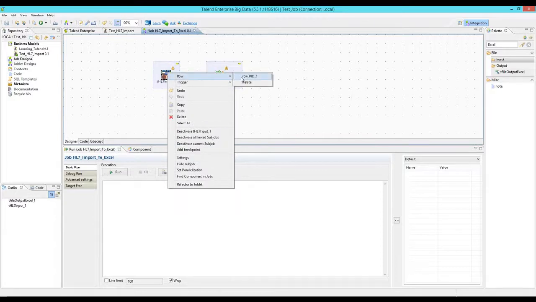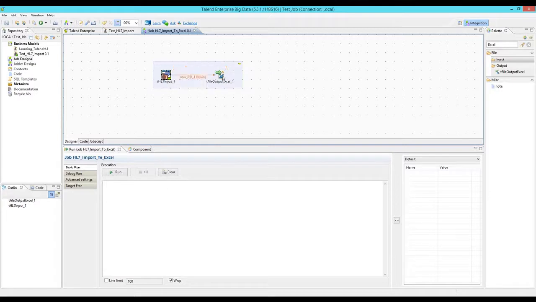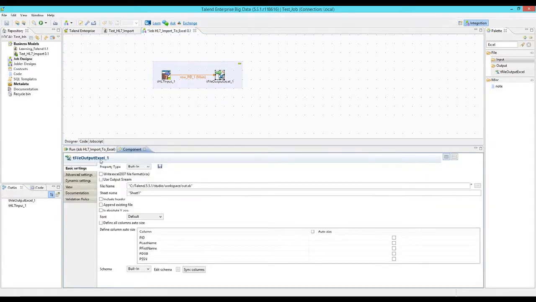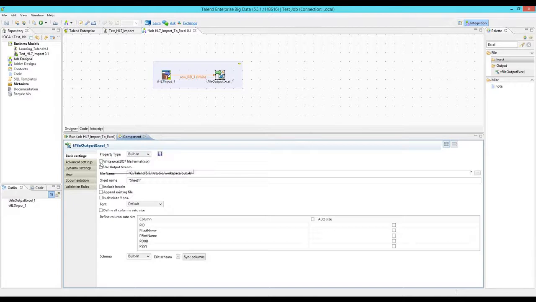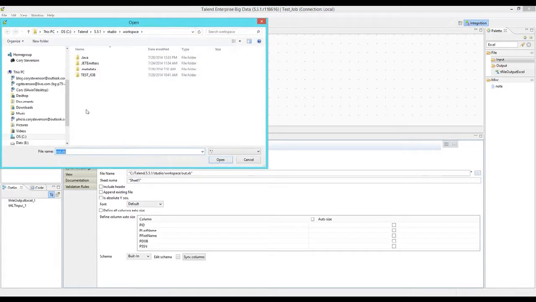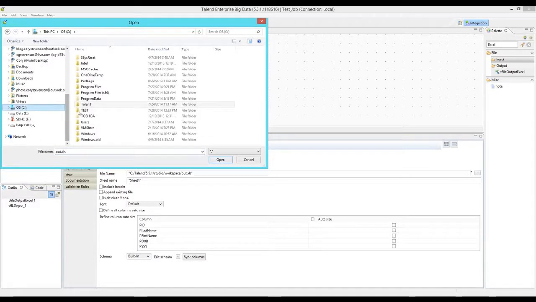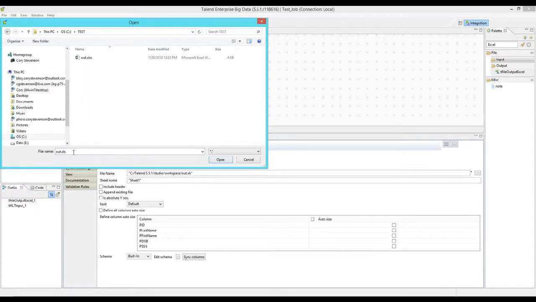And we'll click OK. Now I'm going to right click and tell that row that I want to connect it to the Excel file. I'm going to open up the Excel file, and it opens up this window down below. I want it to be in the new Excel 2007 and beyond format. I want to change the folder, so we're going to go in here to